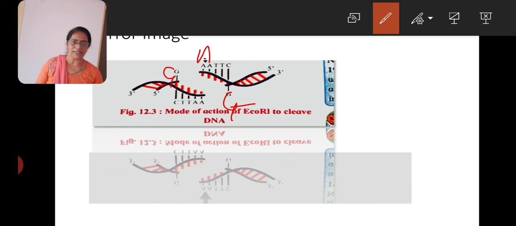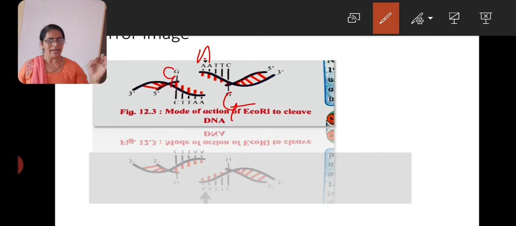That means when the endonuclease enzyme is applied on the DNA to cut it, firstly it recognizes the recognition sequence. So the recognition sequence is nothing but like a palindrome. When the question is asked in the exam, write a note on a palindrome or a recognition sequence, the first point should be that the recognition sequence is the sequence of DNA which is recognized by an endonuclease enzyme to cut the DNA. Which are the different characteristics of that recognition sequence? It is like a palindrome.